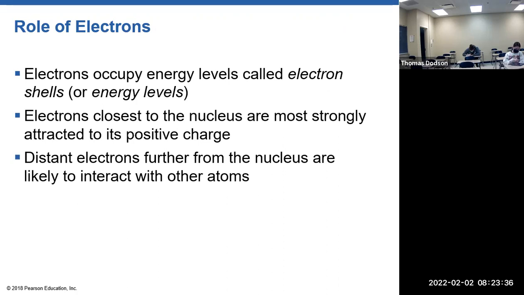So electrons occupy those electron shells or energy levels. We talked about those layers of electrons on the outside of the atom. The electrons closest to the nucleus are more strongly attracted because they're closer, negative connected to that positive charge. It's the ones on the outside, we sometimes use that term valence electrons that we mentioned last time, those are the ones that are going to interact. And that makes a lot of sense, right? It's because the ones on the outside,